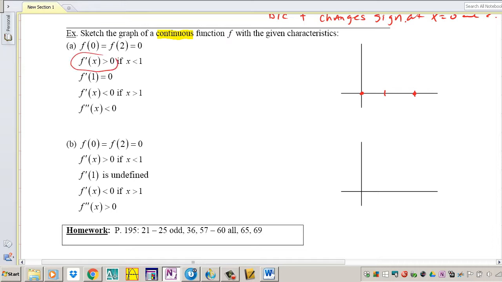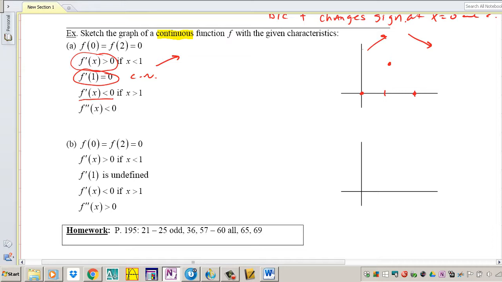The derivative is positive when x is less than 1, which means that the function must be increasing when x is less than 1. F prime of 1 is 0, which is a critical number. And we also have the derivative is negative when x is greater than 1. So that means we should have increasing, decreasing like this, and f prime of 1, we don't know what f prime of 1 is, but all we know that f prime of 1 is